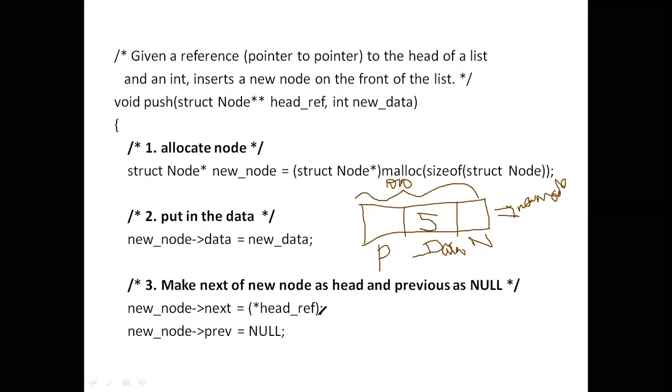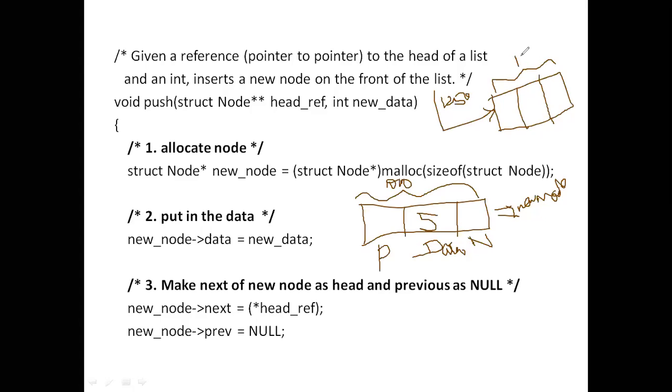Okay, so I have to give new node arrow next the head reference. Why am I giving head reference? Anybody? Ma'am, why are you giving head reference here? Because I have to take the first node address only. Where your first node address is, this is your first node, the already created node. This is your head. Head reference is 1250. So what is the address of this node? 1250. So this is 10.